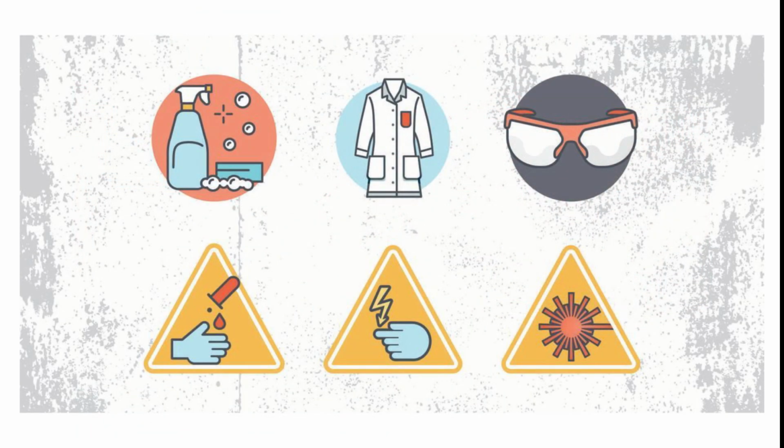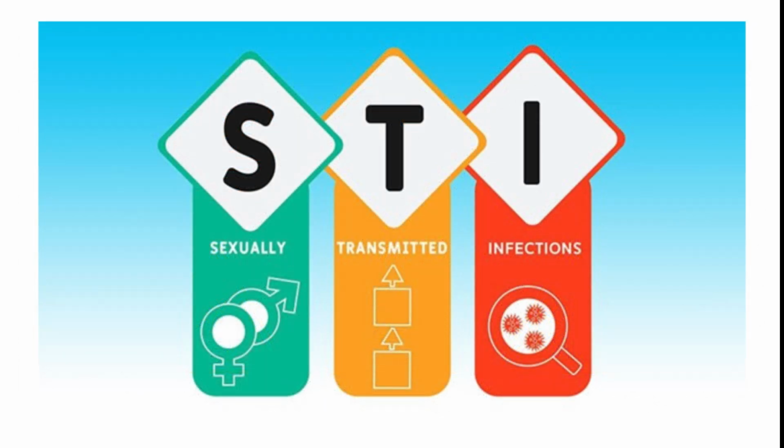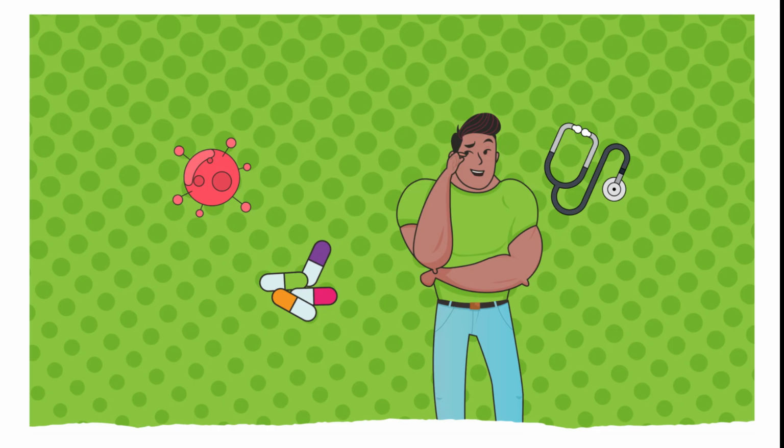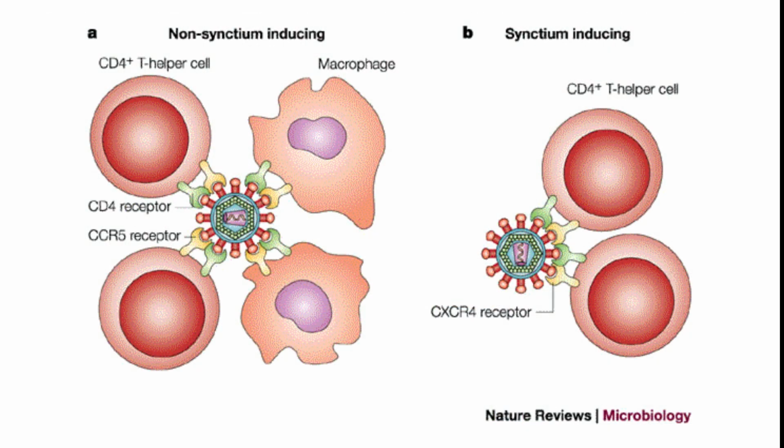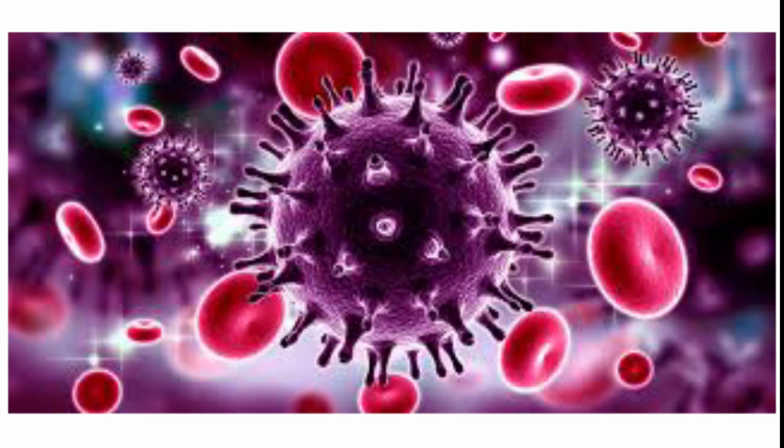Number 6. Coexisting sexually transmitted infections, STIs. Other sexually transmitted infections such as syphilis, gonorrhea, or herpes increase susceptibility to HIV. STIs cause mucosal inflammation, ulcers, and micro tears, providing easier access for the virus to enter the bloodstream. Therefore, prompt diagnosis and treatment of STIs not only protect sexual health but also reduce HIV transmission risk. So, comprehensive sexual health care is a cornerstone of prevention.